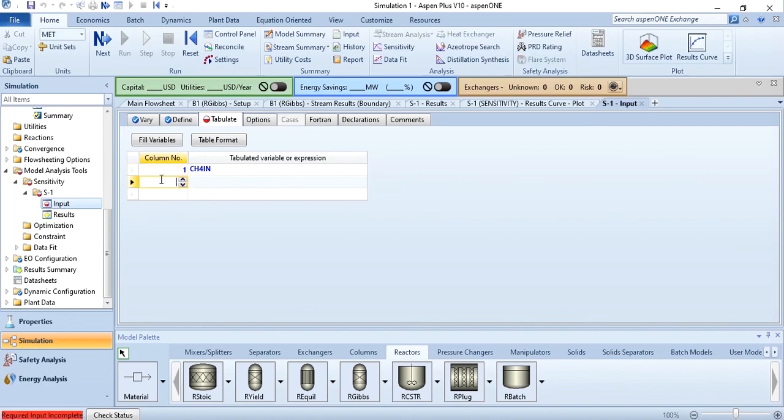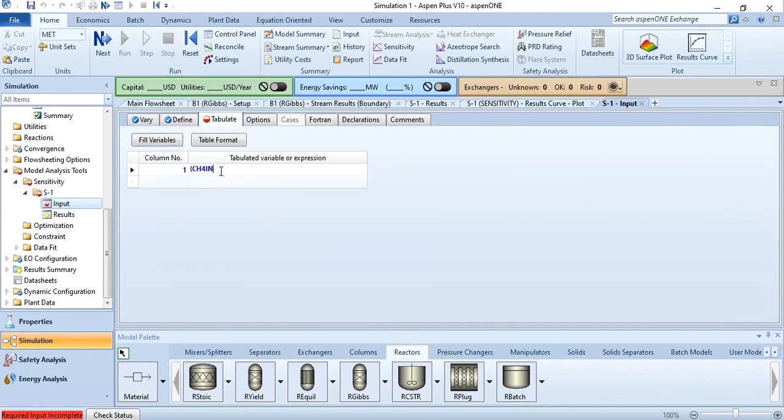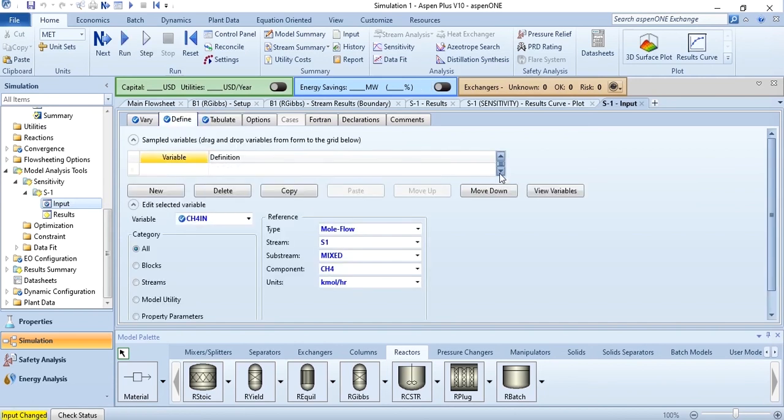then you first delete it, okay, press the Delete button, and now you enter the formula over here. Now you will enter the formula over here, that it is CH4, and make sure that the nomenclature should be the same as the nomenclature defined here in the define tab. You have defined CH4 in, it should be CH4 in minus CH4 out, which you have defined here. If you define some other nomenclature, then you have to follow that.